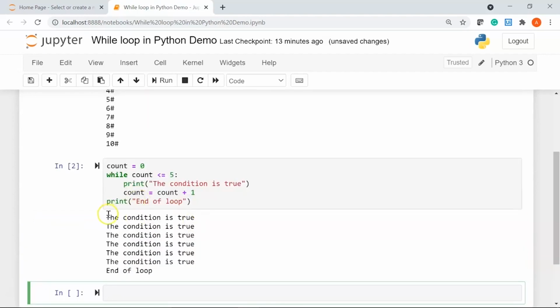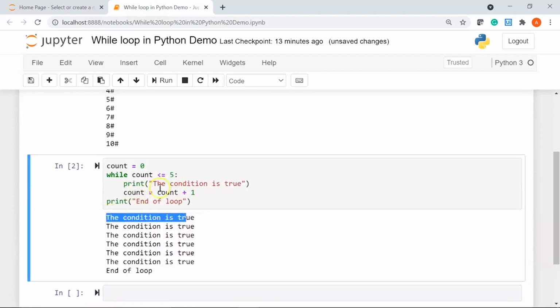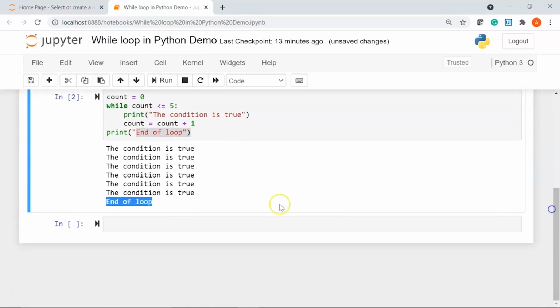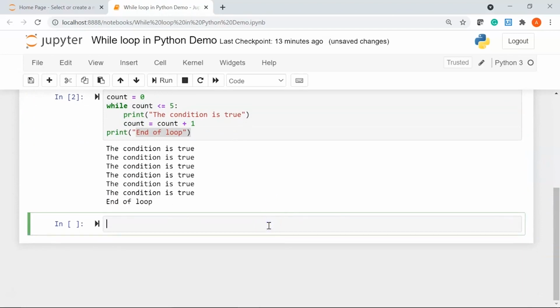You can see here we have printed our message. The condition is true 5 times because our expression is being evaluated 5 times here. In the 6th time, our count is no more less than equal to 5, so we end the loop. And here you can see the message end of loop. Cool. Now moving ahead,